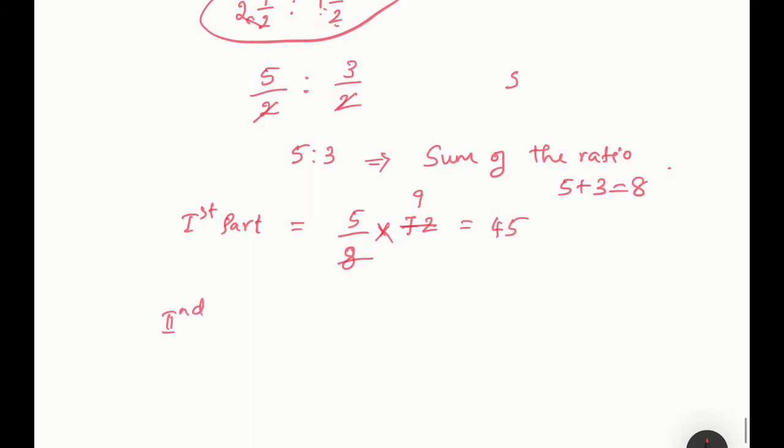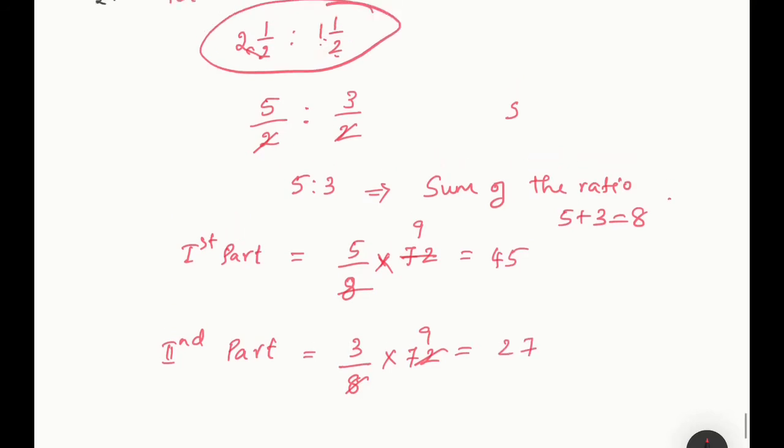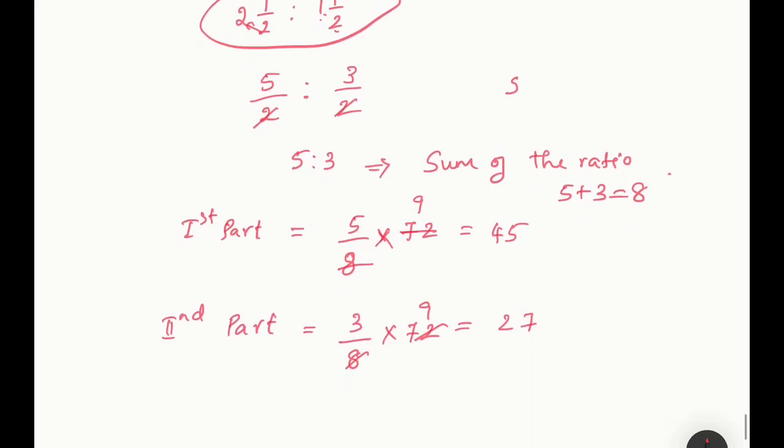Let us see the second part. They've asked you to divide 72 into 2 parts, right? So what is the second part we are getting? 3. 3 by 8 into 72, that is equal to 9. 3 9s are 27. Just have a look at the whole problem. So now let me do the third question. Divide 81, the total is given as 81, right? So divide 81 in the ratio 2 is to 3 is to 4. So look at the steps. What do we do first?